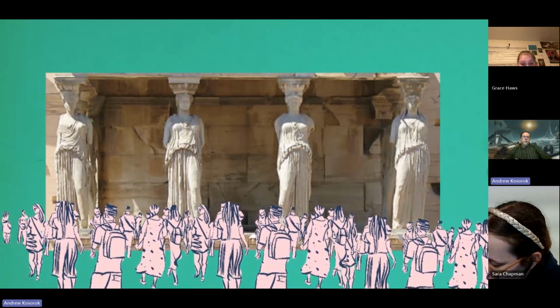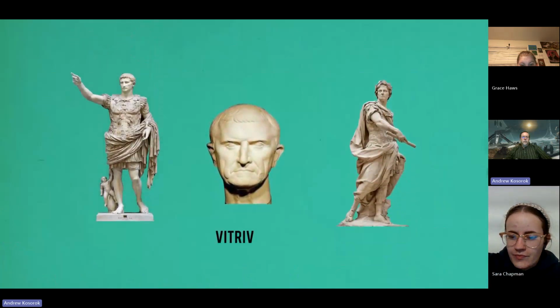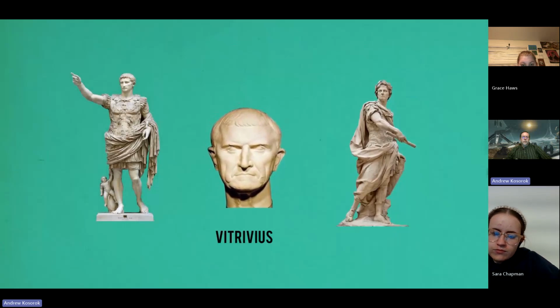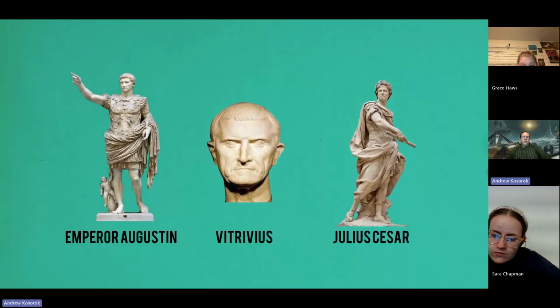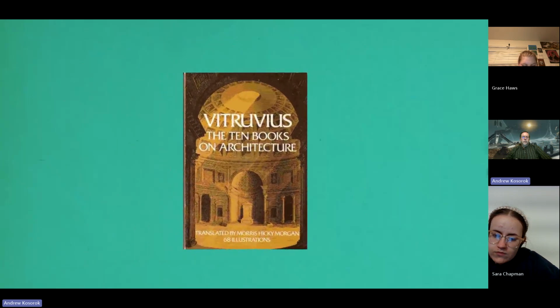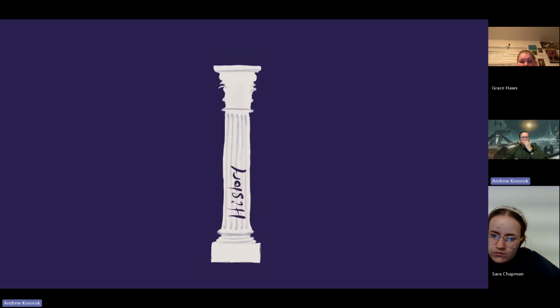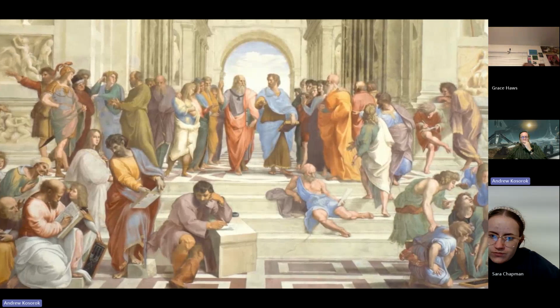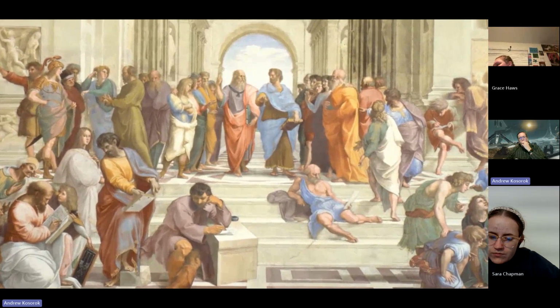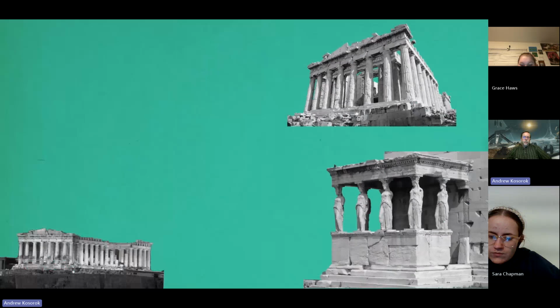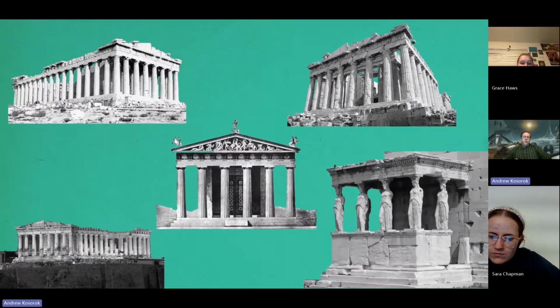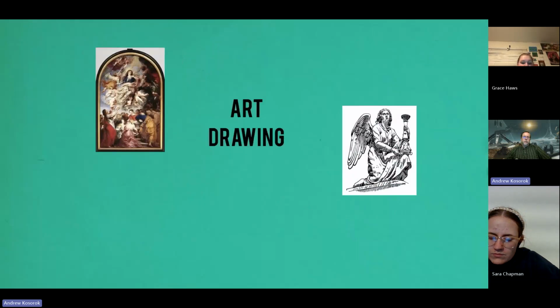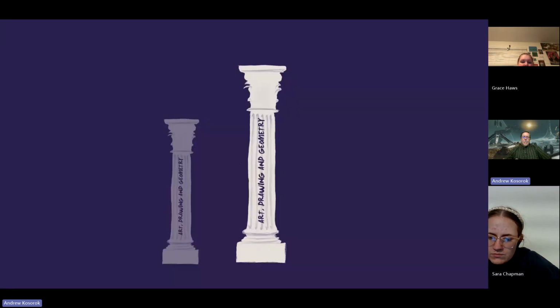This story is taken from the first book on architecture, written by Vitruvius, who lived in the Roman Empire and was the architect consultant for both Julius Caesar and Emperor Augustus. In his book, he argued that the path of a successful architect should be based on several pillars. The first pillar is history. It's used to present the culture and the social behavior of the crowd, the state, and the civilization as a whole. As with the story of the Karyai, architecture is filled with long-lasting buildings, designed by architects who truly understood history. Art, drawing, and geometry is the second pillar to transform ideas into architectural shapes.